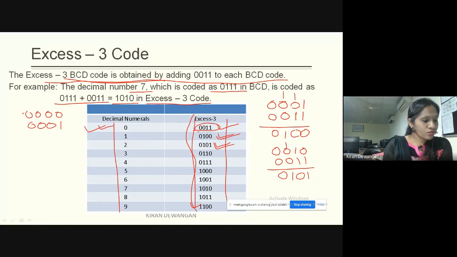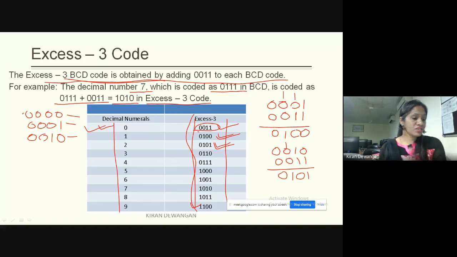It's also not used. And the next is 0010. The starting 3 combinations are not used. It's only because we are directly using 0011 for 0. Okay?